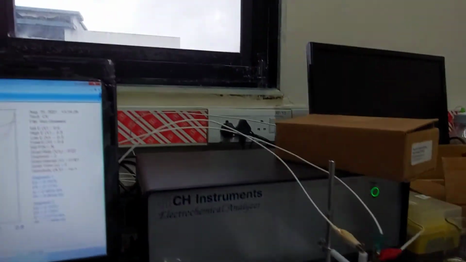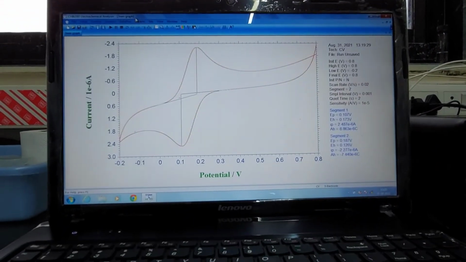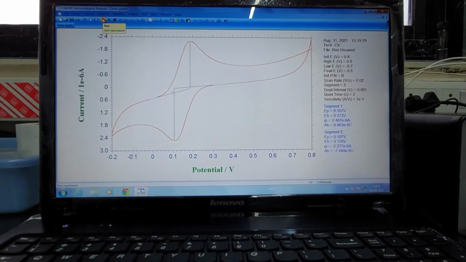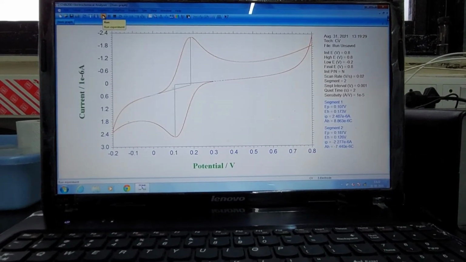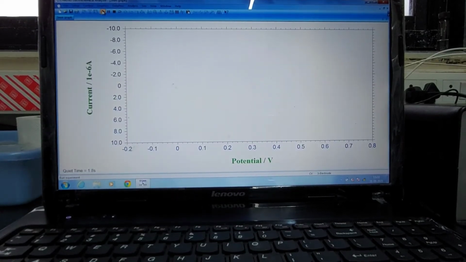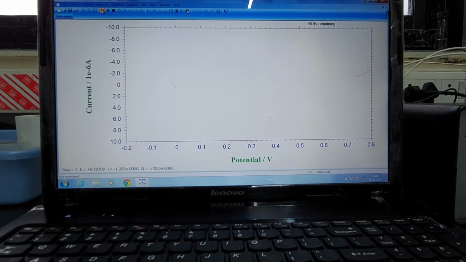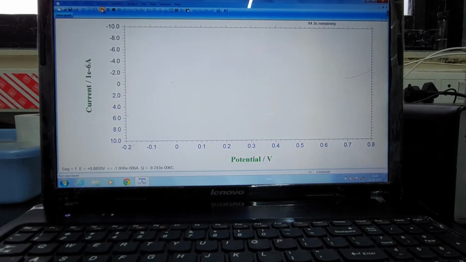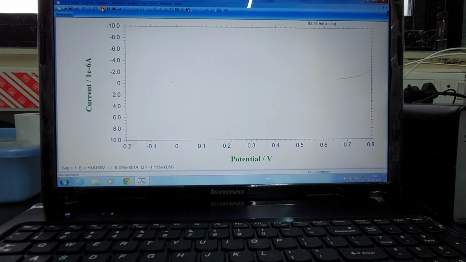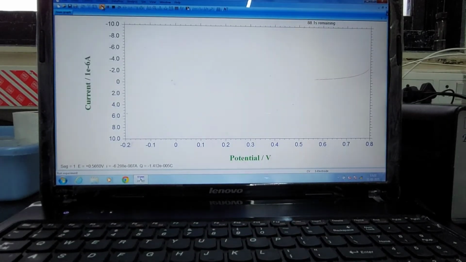Are we good to go? So we are not changing any parameters. I just say start. Yeah. This button, run. Can you see? Run. If you just say run, it will run whatever you had entered previously. Or if you say run experiment, then it will go to ask for a method file that you might have created. That's a very typical thing that any instrument would do.